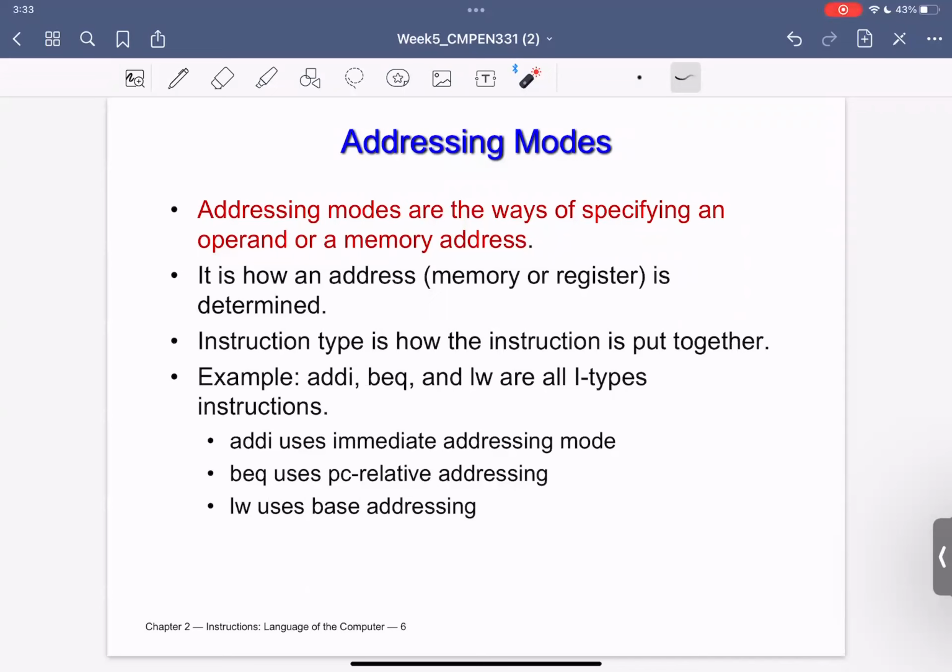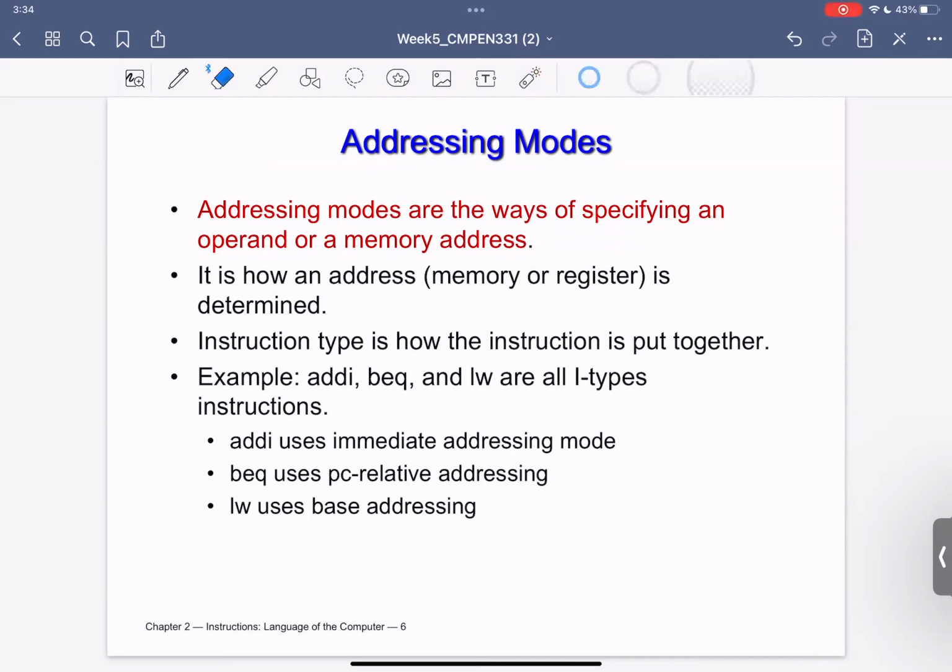So now we have seen different types of addressing modes. Let's touch them a little bit in detail so we are aware of how we would basically address all of these modes. The idea of addressing mode is just the way of specifying an operand or a memory address. If you have seen, when I'm saying add S0, S1, S2, I'm not in particular adding S2 as a number. Rather, I am adding whatever is in S2 plus whatever is in S1 as a register and so on. So I'm adding the slot, let's say 7, with slot 8, and then put the results in another slot. So this is an example of a way of addressing.